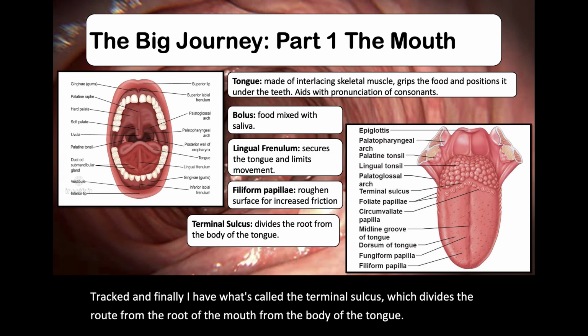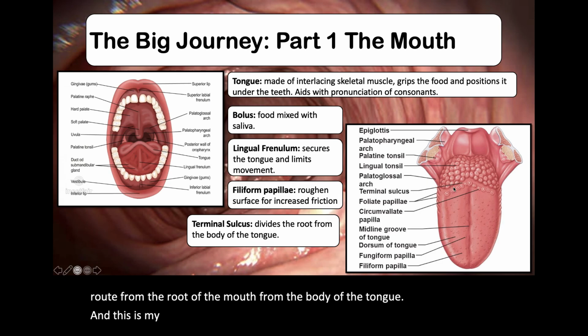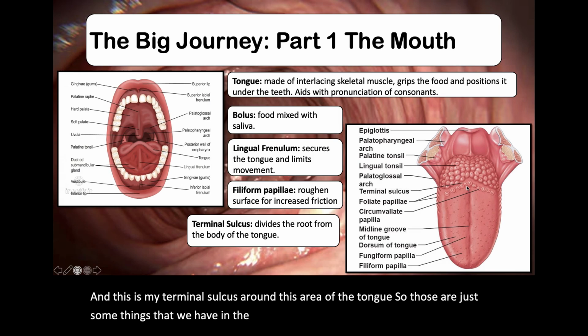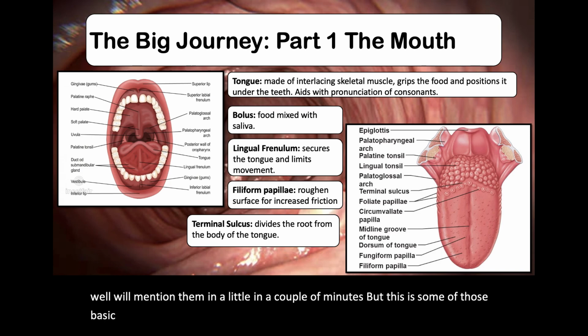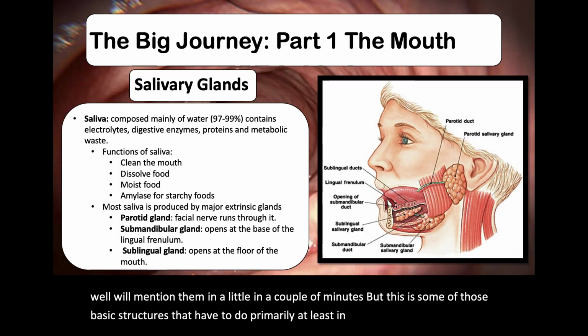And this is my terminal sulcus around this area of the tongue. So those are just some things that we have in the mouth. Of course, we have the teeth in there as well. We'll mention them in a couple of minutes. But these are some of the basic structures that have to do primarily, at least in this topic, with mechanical